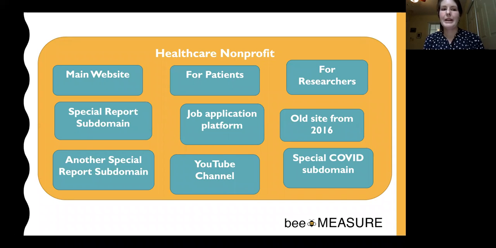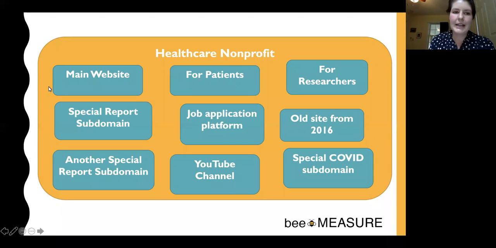And if you're a small web team, where there's a couple of you and your main focus is creating content and managing the site, you don't want to create a whole bunch of extra work for yourself by creating a ton of properties. The other big reason why this doesn't work is, like I said, these are separate ID numbers. So Google Analytics thinks of them as separate websites, whether they are or not.